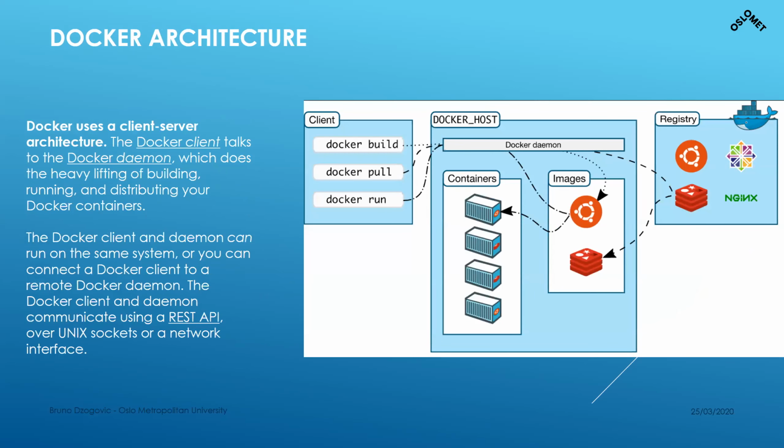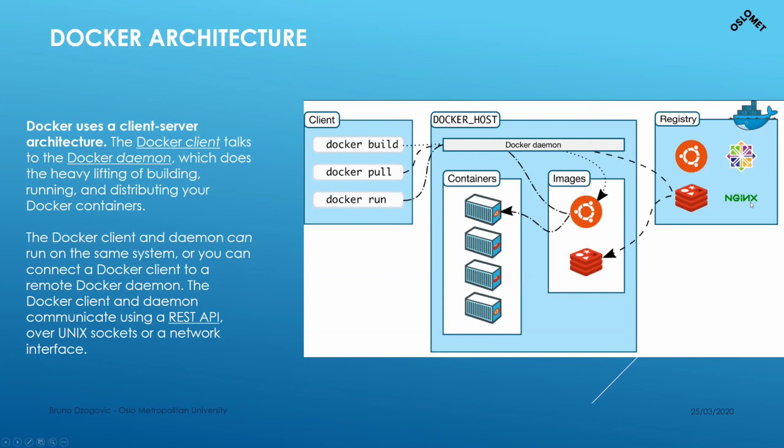As for the architecture of Docker, the Docker daemon is the heavy lifter. Literally, the daemon is the one who does everything. The daemon is taking care of the images. It's taking care of the connection to the registry, which will usually be Docker Hub, because in Docker Hub you will push and pull your images. Later you will create an account, and I will show you how to use it.